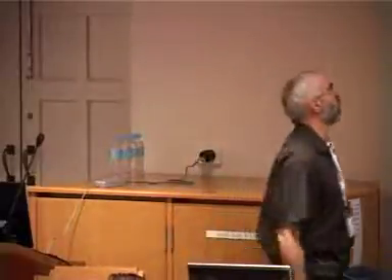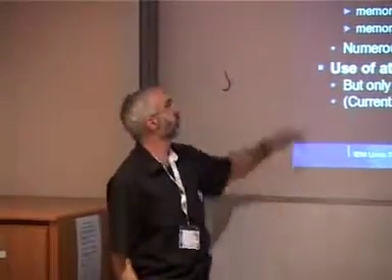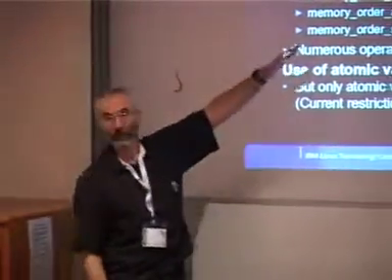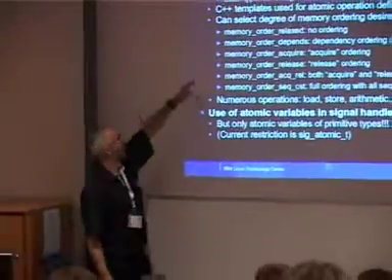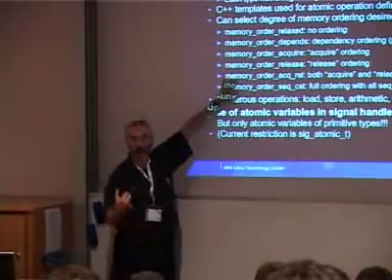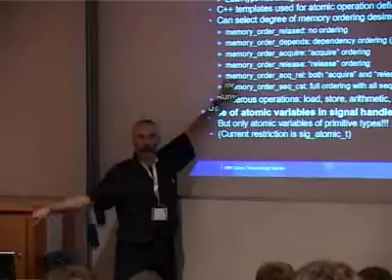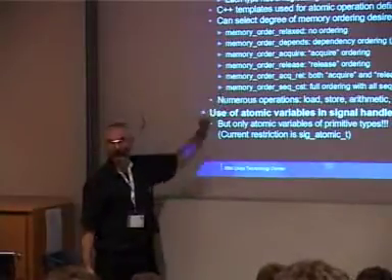This is kind of a list of the things we had there. Relaxed means you have the atomicity of picking it up, putting it down, but no ordering whatsoever. Depends is the thing I'm trying to get into, which is essentially what RCU turns into. Acquire and release we've talked about. We can do both acquire and release on the same operation, as you might for an atomic operation that gets from one place and puts to another. And sequential consistency is the guy, if you're a theoretician, this is what you know and love.